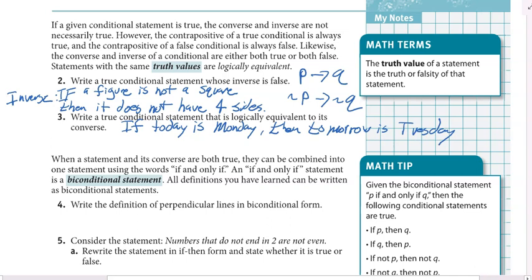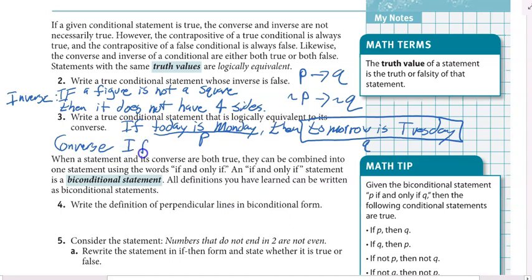So here's my statement. If today is Monday, then tomorrow is Tuesday. The converse, all I need to do is switch these two parts right here. So now what was the hypothesis is now the conclusion, and what was the conclusion is now the hypothesis. So if I was to switch these for the converse, whoop, that's ugly, I would get if